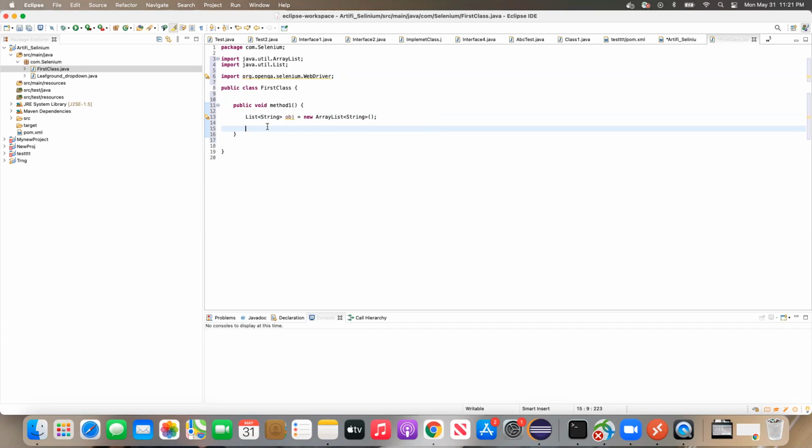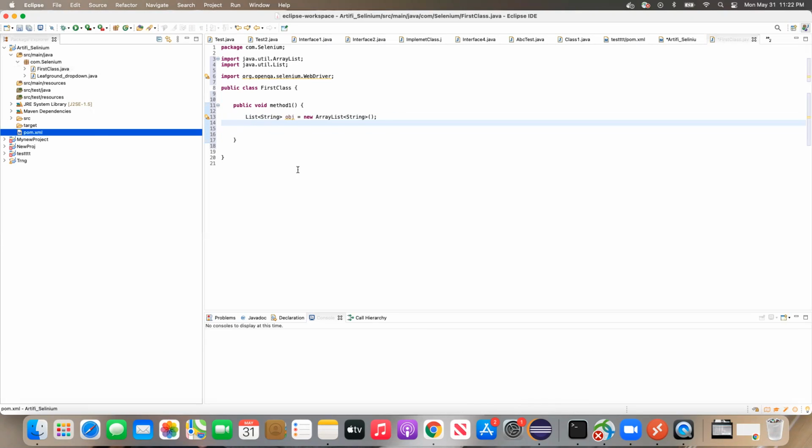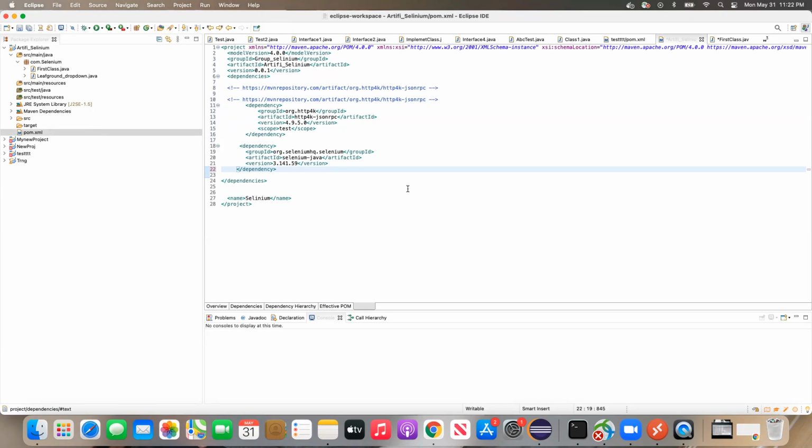Any questions up to now on how to use a dependency, what a dependency is, and how to create Maven projects? If you don't have a question, then I will add one more concept in Maven. Okay, then we are going to add one more deeper concept in pom.xml called plugins. Let me take an example.